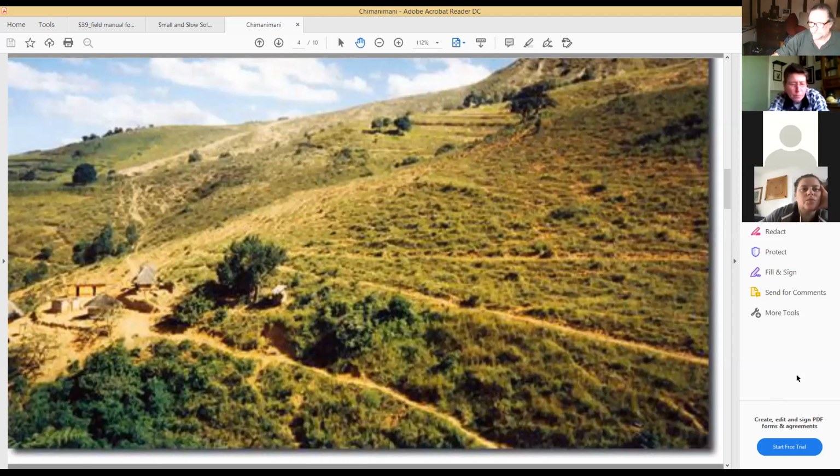I think the example in Zimbabwe is really interesting, and it's showing us on a really small scale what we need to do on a global scale. And it's really interesting how they've achieved that, and how it's encouraged people back to the area and being able to sustain all of those people. And we need to do that globally. Yeah, I really enjoyed that. I thought that was great just to see that on such a large scale.